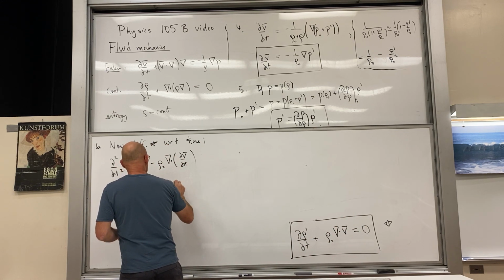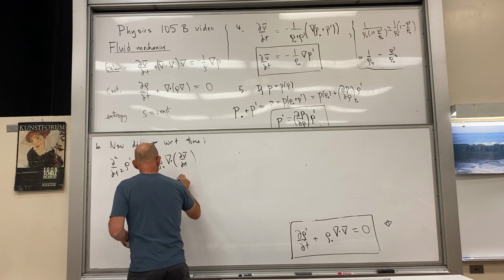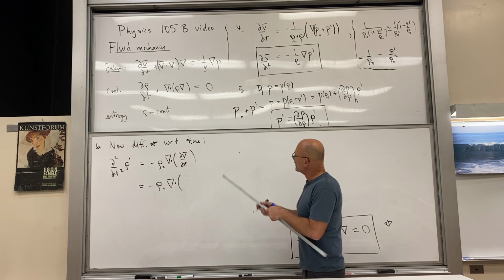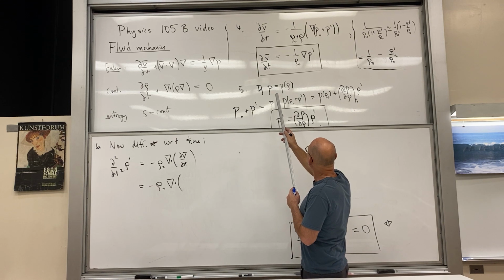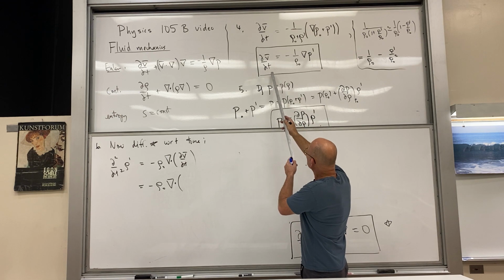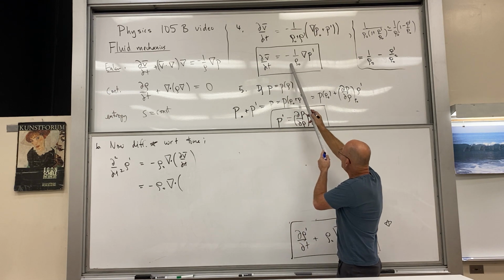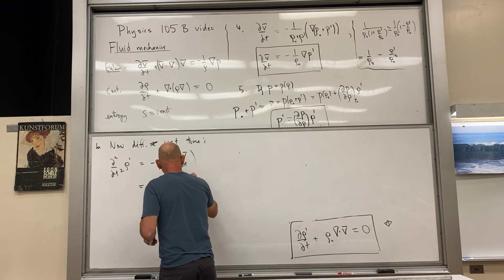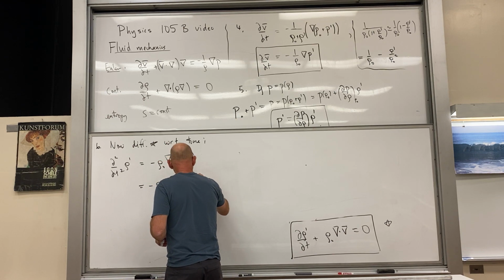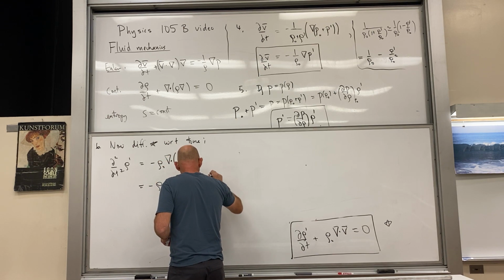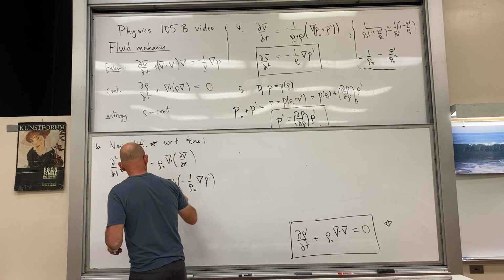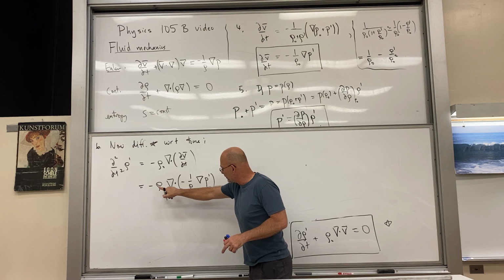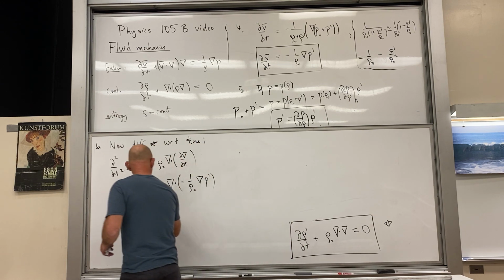Then we've got the minus rho naught and the divergence of dv dt, but dv dt is minus 1 over rho naught gradient p prime. So we have minus 1 over rho naught gradient of p prime. And now we just have to be careful. We've got the minus and the minus, get rid of those. Rho naught over rho naught, they're already gone because they're constants. So we end up with the divergence